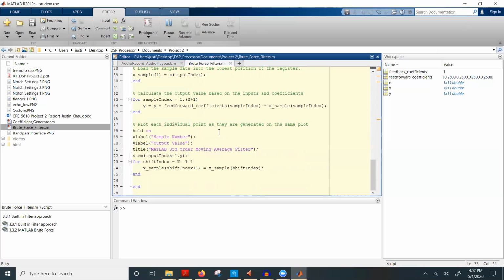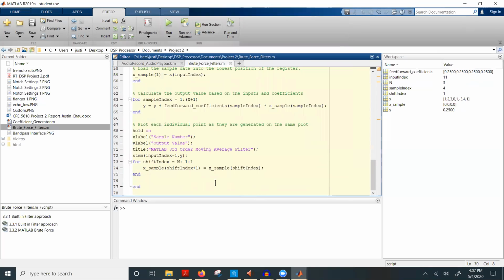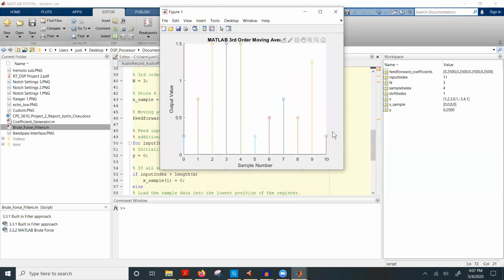So if I run this simulation, notice how each point is a different color because I'm plotting each of these as a separate series, or as a separate plot, so to speak. Each of these points is calculated at that moment and is plotted. So this is a closer representation of real time because the values are calculated as they come in, and then you notice that the results are still the same